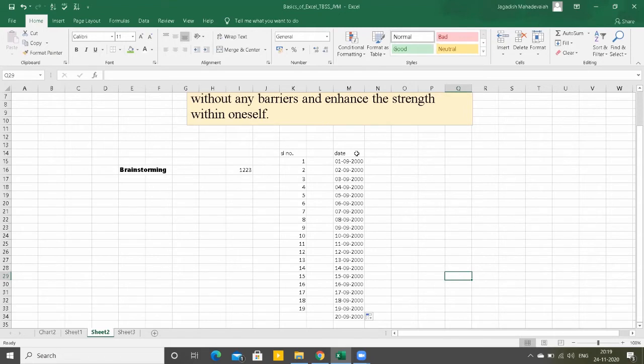Researchers use this Excel for data analytics, and we engineers also use this Excel for calculating the loan amortization schedule in a subject called engineering economics. The application of this Excel is very vast.